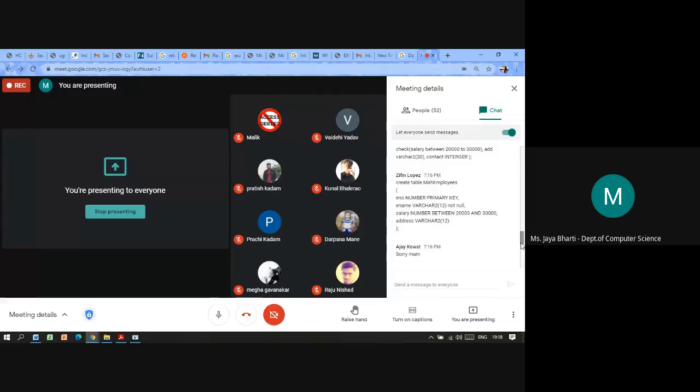So Ziffin has written correctly. Ziffin, where is the constraint? You have not written the check constraint. You have written that between clause correctly, but that clause should come inside check. E number, ENO, that is E number primary key, that is correct. Then E name varchar2 12 not null, that is correct.